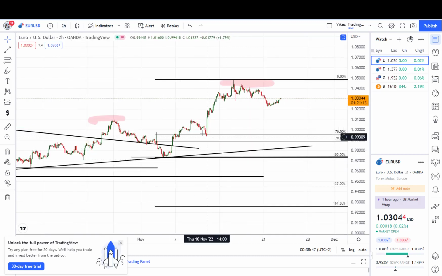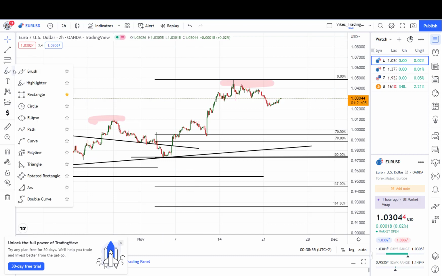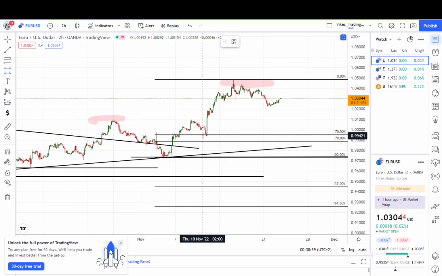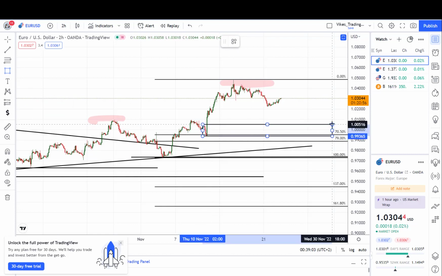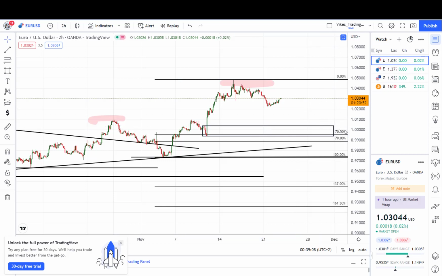So you can see, okay, here there are 3 consecutive descending candles. So I can highlight all of them. And they are also around the Fibonacci 70.5 area. So my first entry will be around this place,